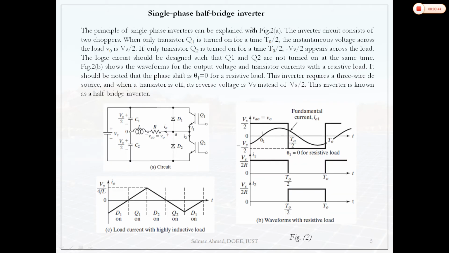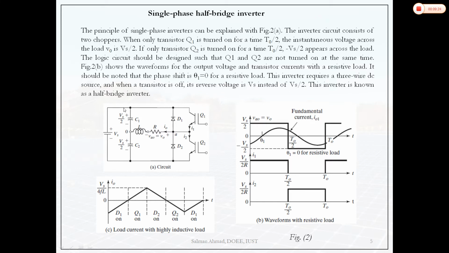Now this is the single phase half bridge inverter. You can see that we have two controllable switches, Q1 and Q2. These switches are unidirectional conduction switches, so they will carry current only in one direction. To make them conduct in both directions, we add an anti-parallel diode, D1 here and D2 here. In normal operation, if the current flows in the forward direction, the transistor will carry the current. If the current is in the opposite direction, diode D1 will take that current.